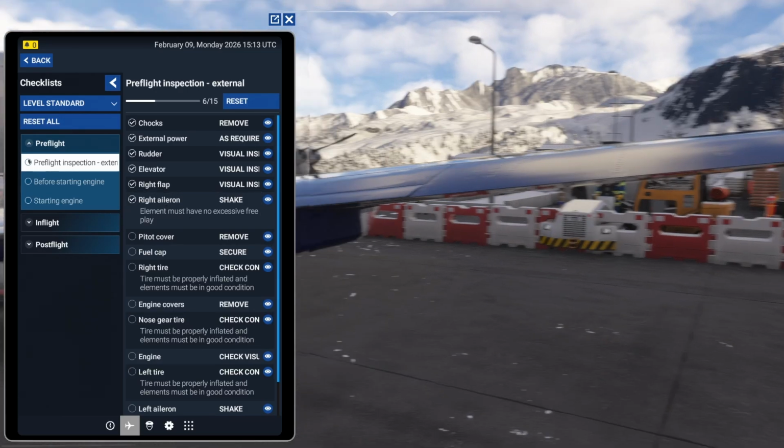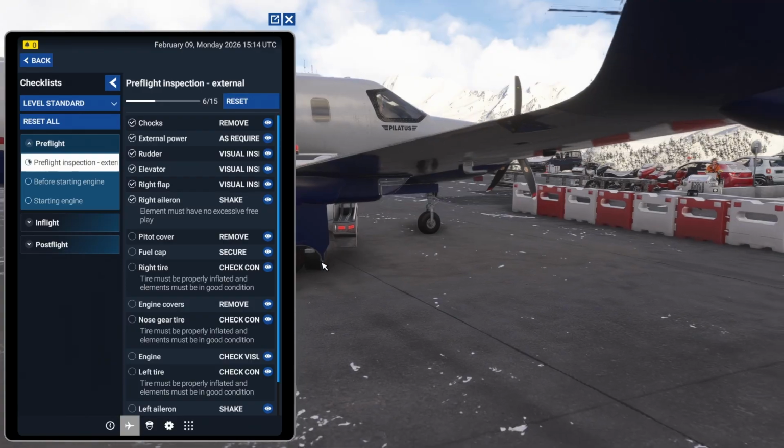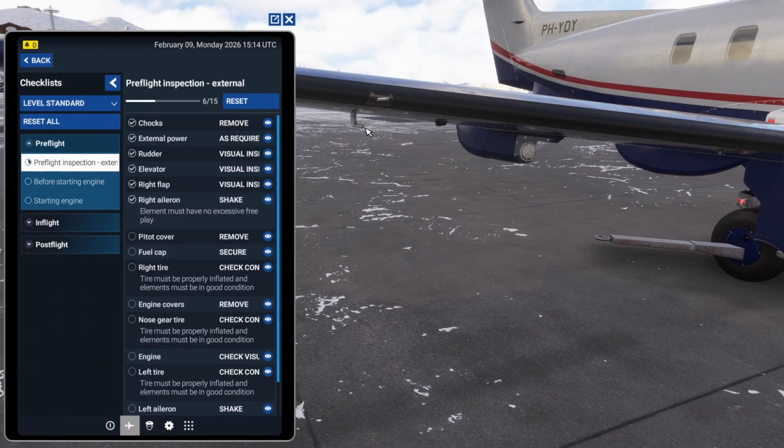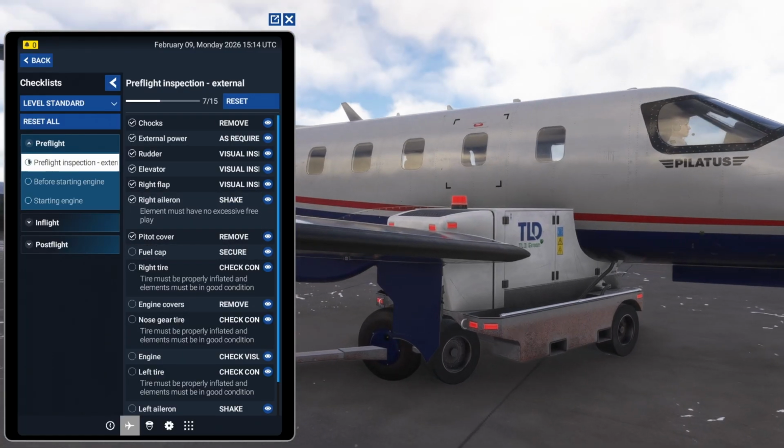Then the PDOT cover, that's one on the left and right side. Normally it's over here, but I already removed it. The nice thing is that it also will remove it on the other side. So let me mark it as finished. And then we're gonna look at the